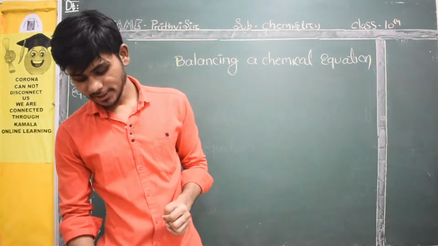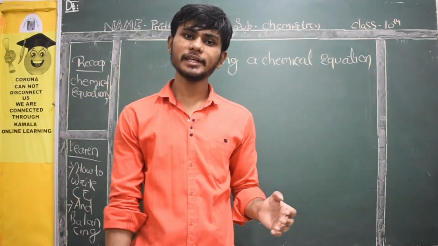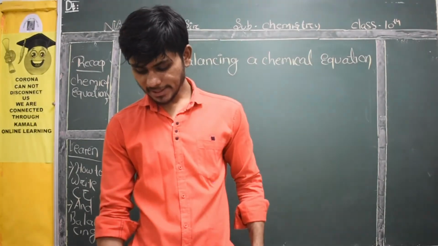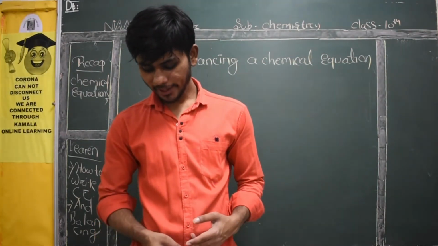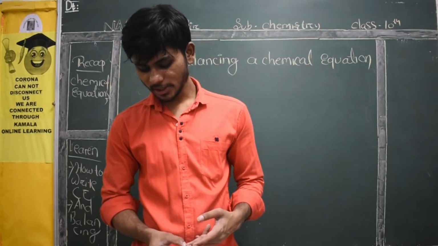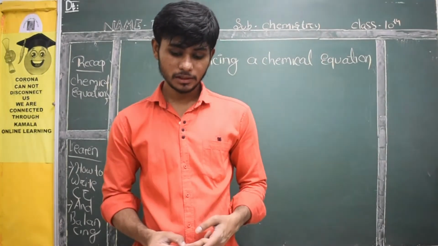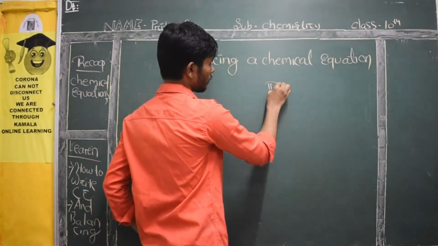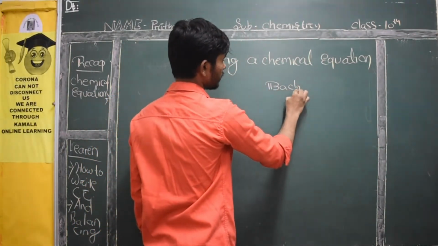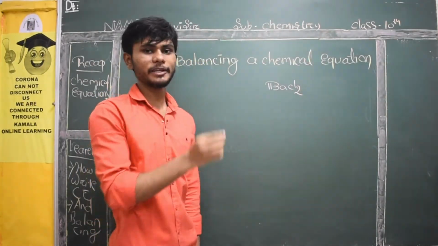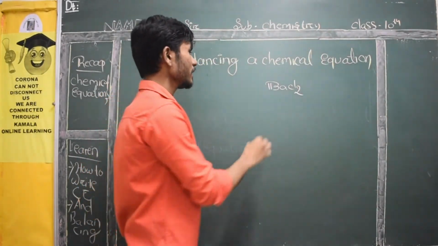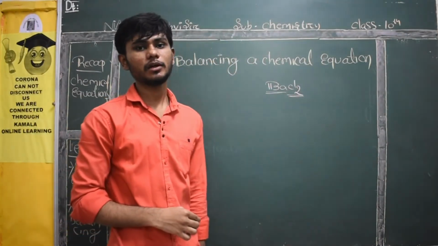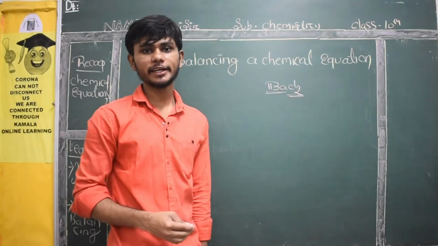In a chemical equation, the reactant side is on the left side and the product side is on the right side. Balancing a chemical equation involves finding out how many formula units of each substance take part in the reaction. As I wrote BaCl2, barium chloride, you need to figure out how many formula units are involved. Here barium is 1 unit, but 2 chlorine units are involved. These kinds of things you need to figure out. Okay students?